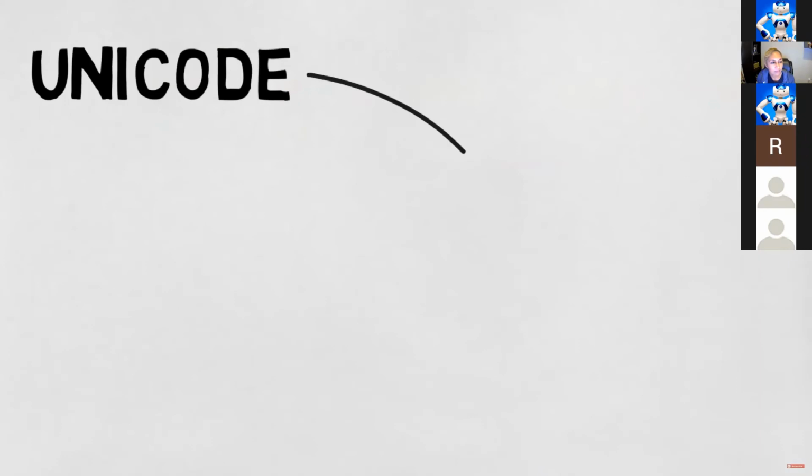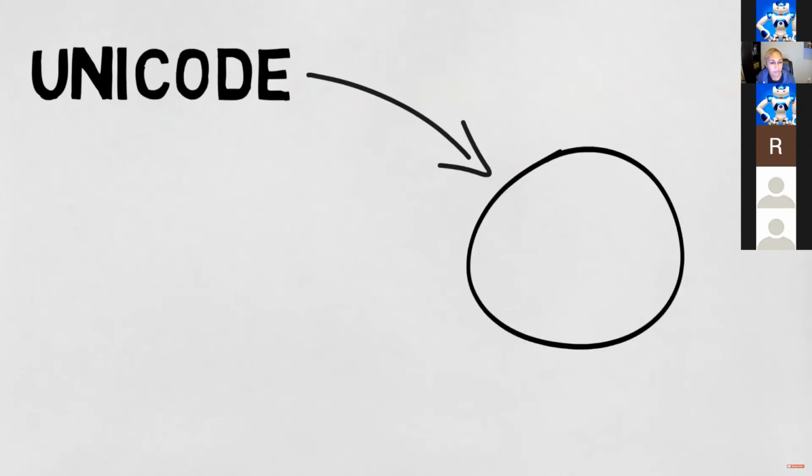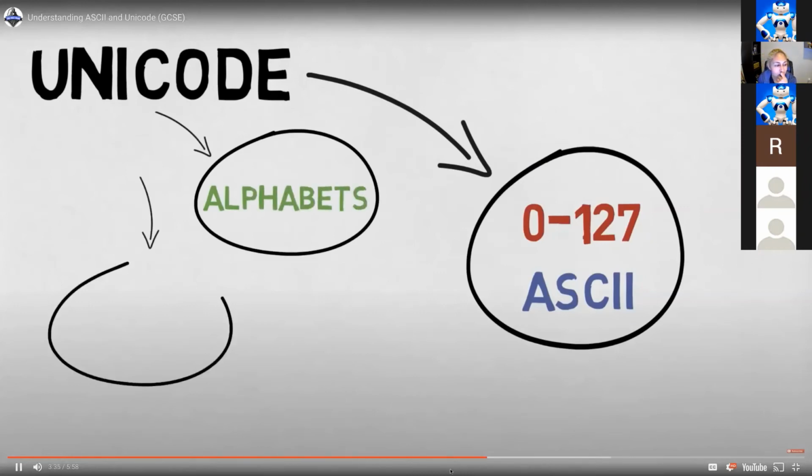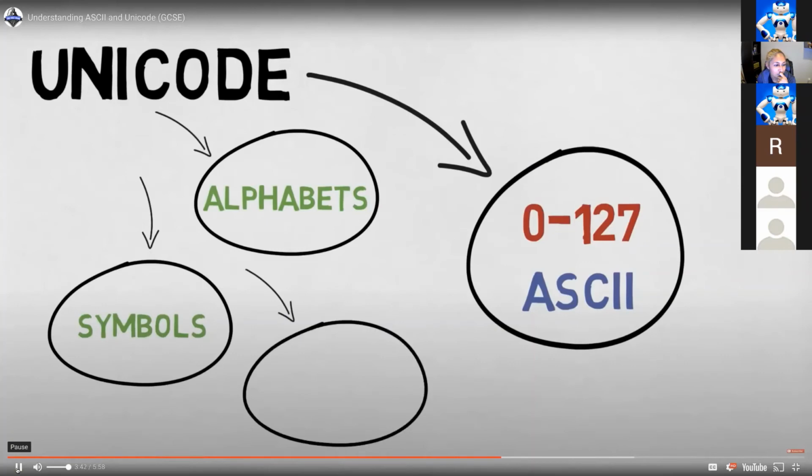The answer is that we use Unicode. Unicode is exactly the same thing as ASCII for all of the characters 0 to 127. But Unicode can use more bits than ASCII, and so it can represent a wider range of different symbols. So it can include all of the alphabets, a much wider range of symbols,